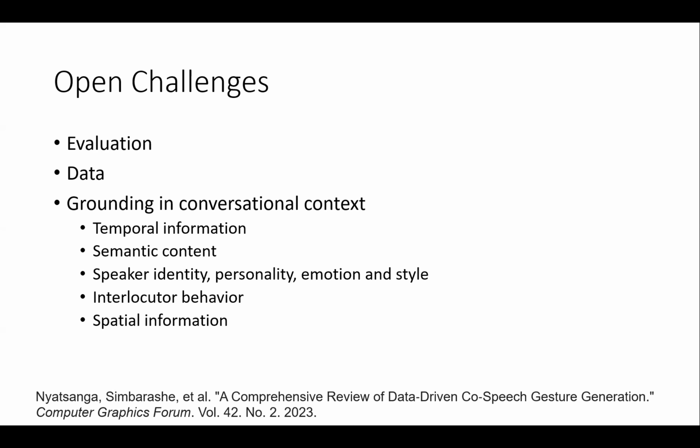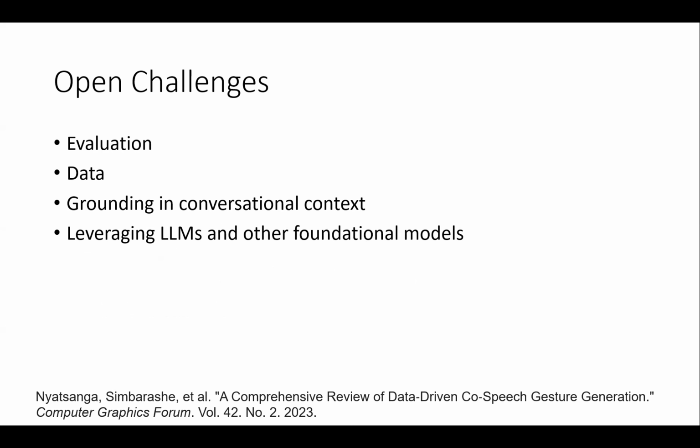And then also the spatial information, right? So the spatial layout, both what's in the environment, is important because we often gesture to objects in our environment, and that's part of how we create meaning. We also gesture to people in our environment, right? And so all of that spatial information needs to be in our data sets. Almost all of our data sets are of one person talking to a crowd, right? So there's a huge amount of work that needs to be done there.